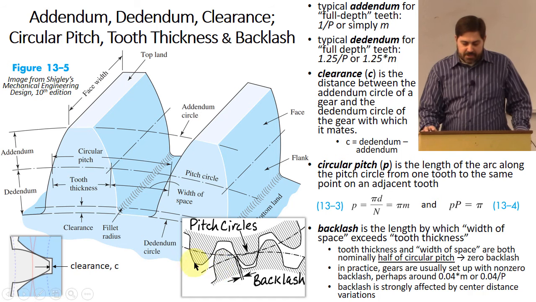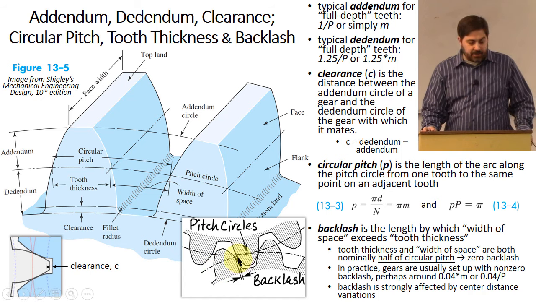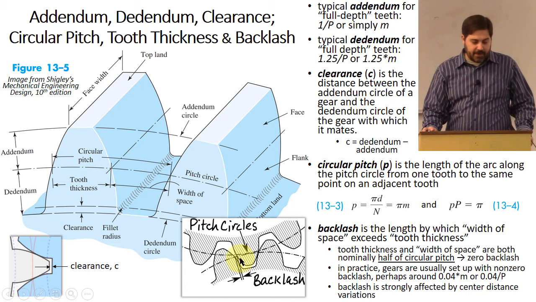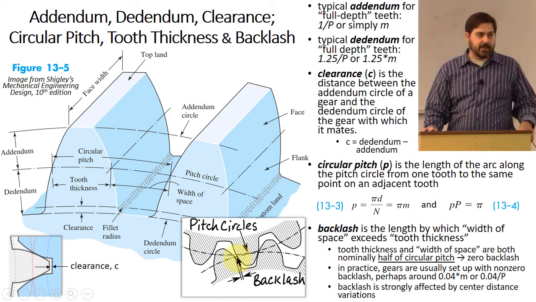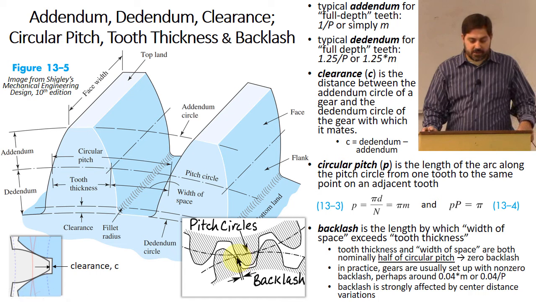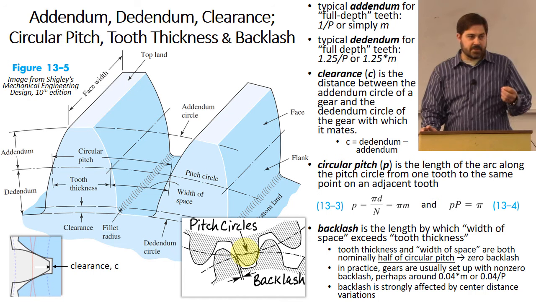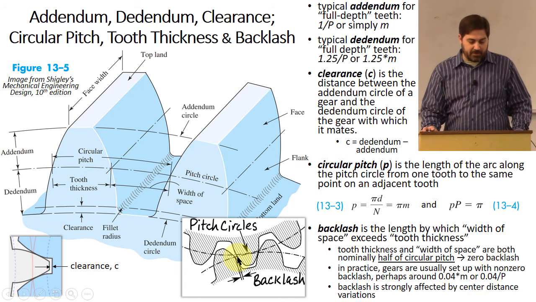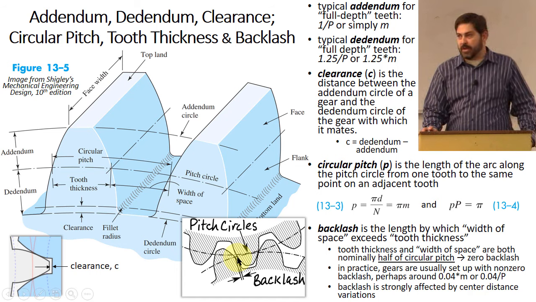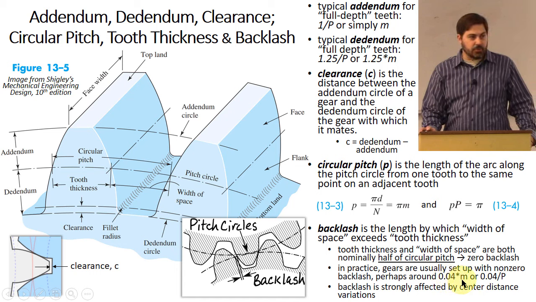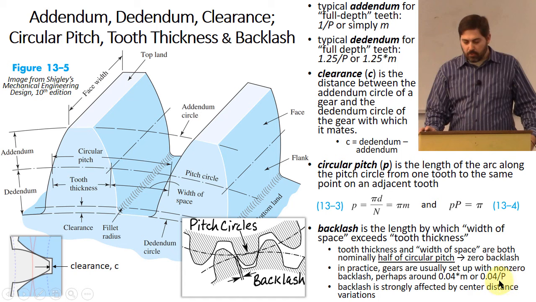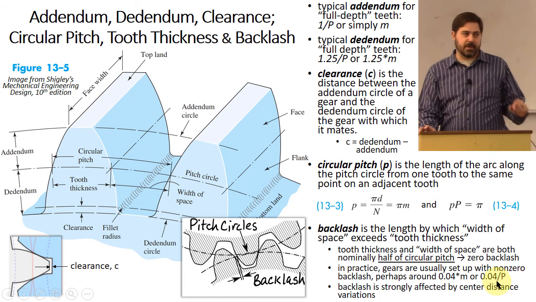When these are actually set up, they are generally set up, although not always, to where they don't actually have zero backlash, right? Your gear will actually run just a little bit more efficiently if you have just a little bit of backlash, because that makes it so that you don't have too many things contacting if they don't have to, right? So typically what you'll see is that they'll have some little amount of backlash, maybe about 4/100ths of the module if you're dealing in the SI system, or 4/100ths of 1 over your diametral pitch if you're dealing in the